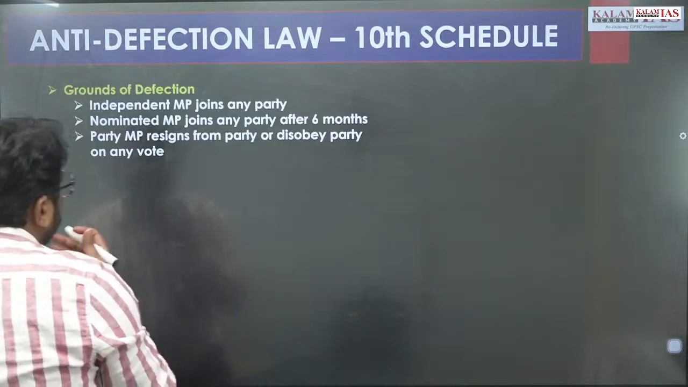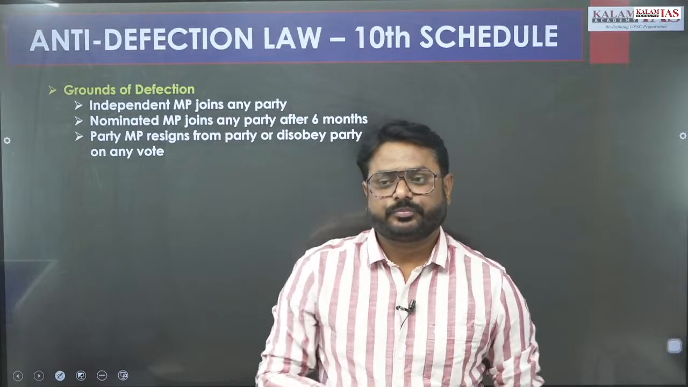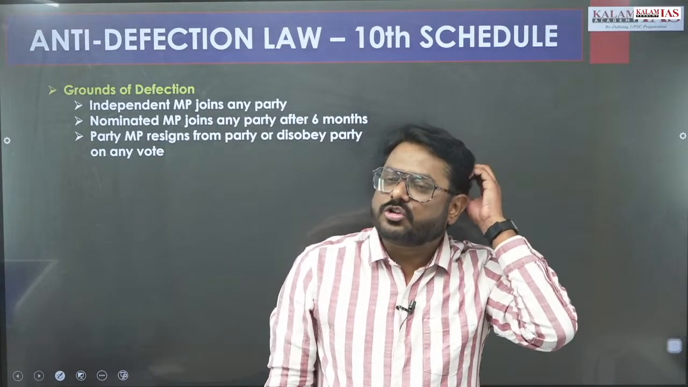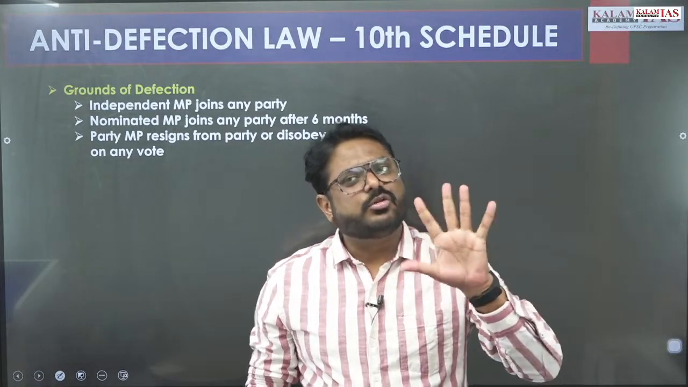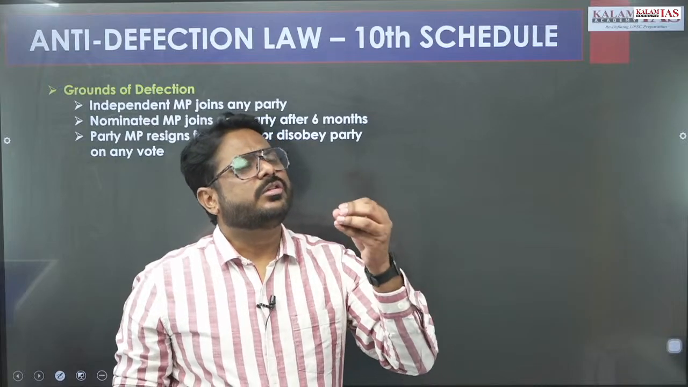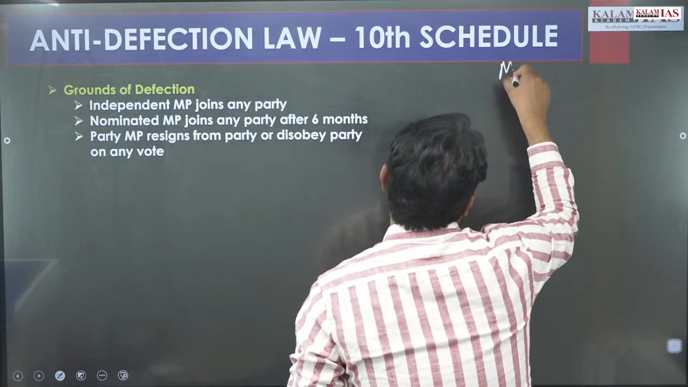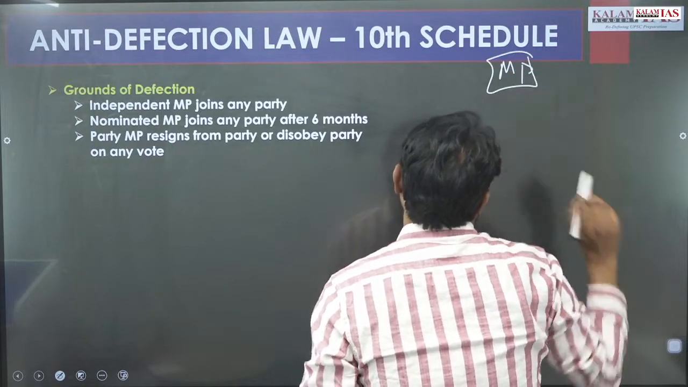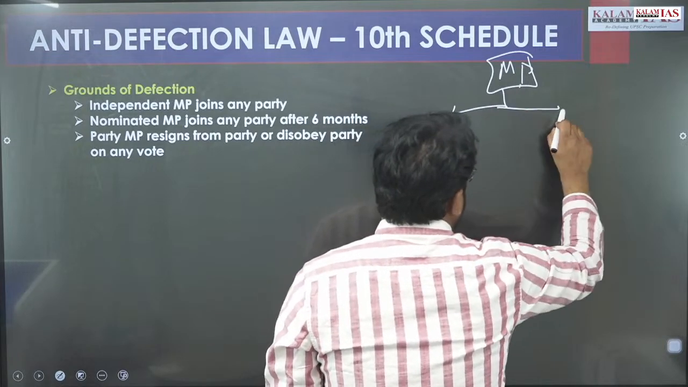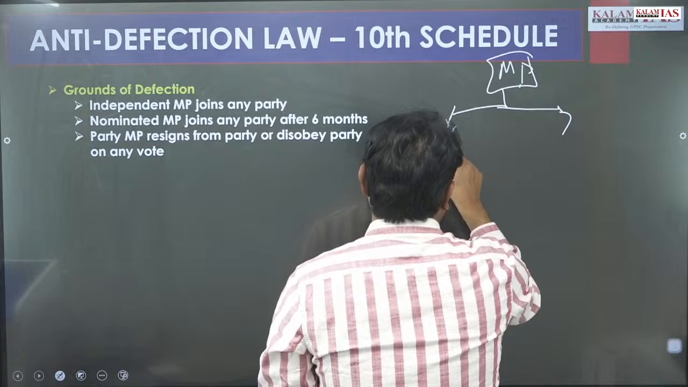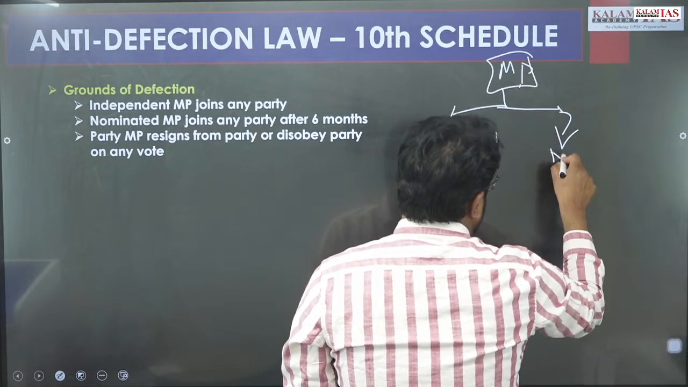ठीक है. So anti-defection law was in news also. So what are the grounds for anti-defection? First, to understand that, you should understand कि how these MPs are becoming. देखो, कोई भी जो मेंबर ऑफ पार्लियामेंट बनता है, ठीक है, तो वो किस तरह से बन सकता है? या तो वो इलेक्टेड है या वो नॉमिनेटेड है,